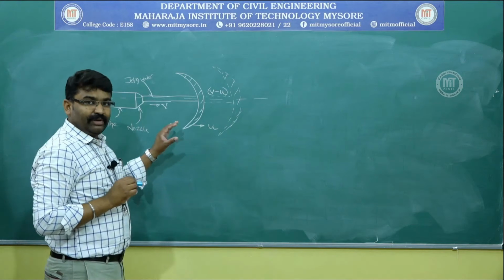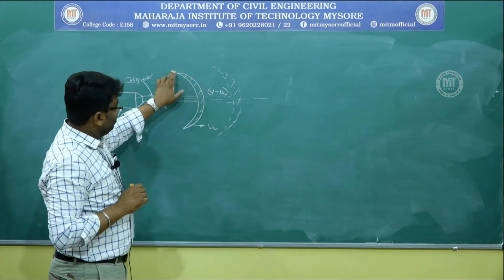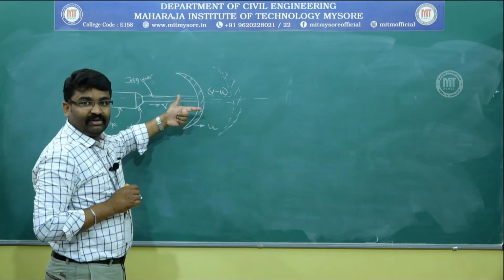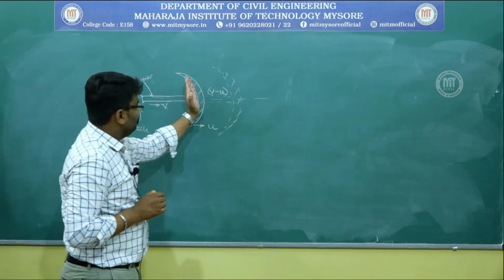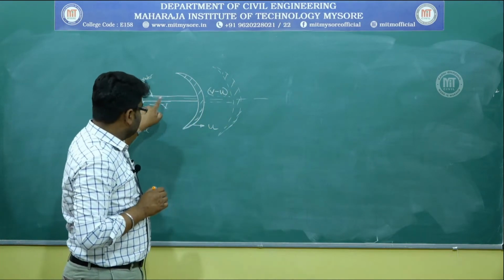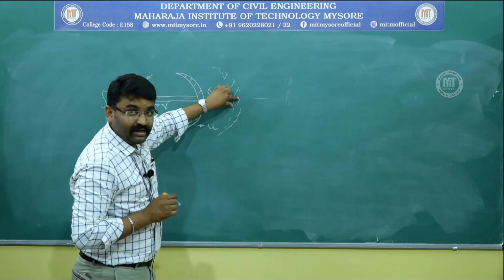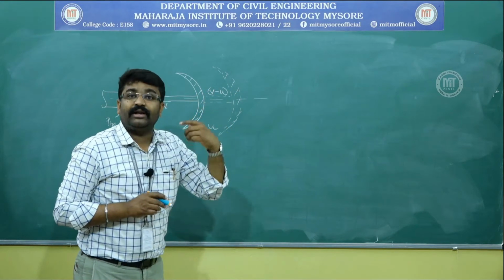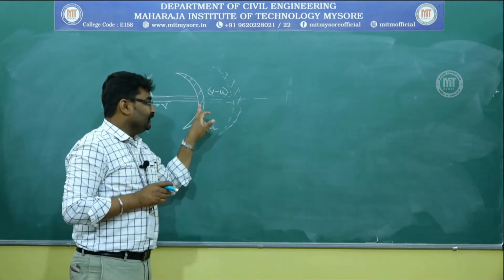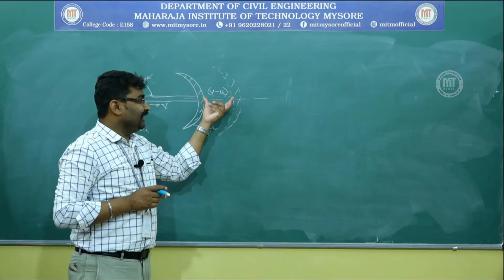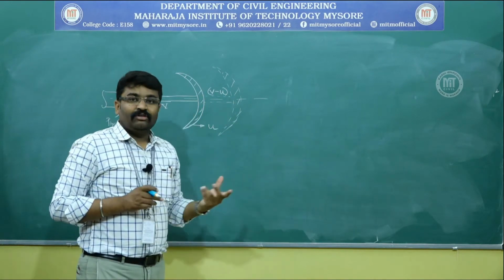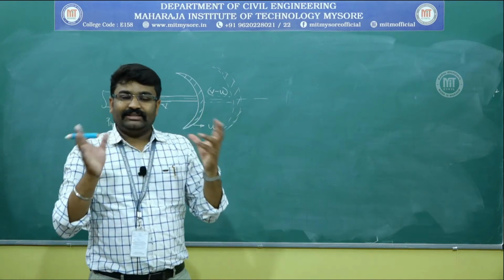I will try to explain it again to you. If the vane was fixed at this position, the jet would have struck the vane with a velocity v. But the vane is moving with a velocity u. So, by the time this jet strikes the vane, the velocity would be reduced. But reduced by how much? Reduced by the same amount by which the vane is moving. So, that velocity is called relative velocity, and which will be equal to v minus u.